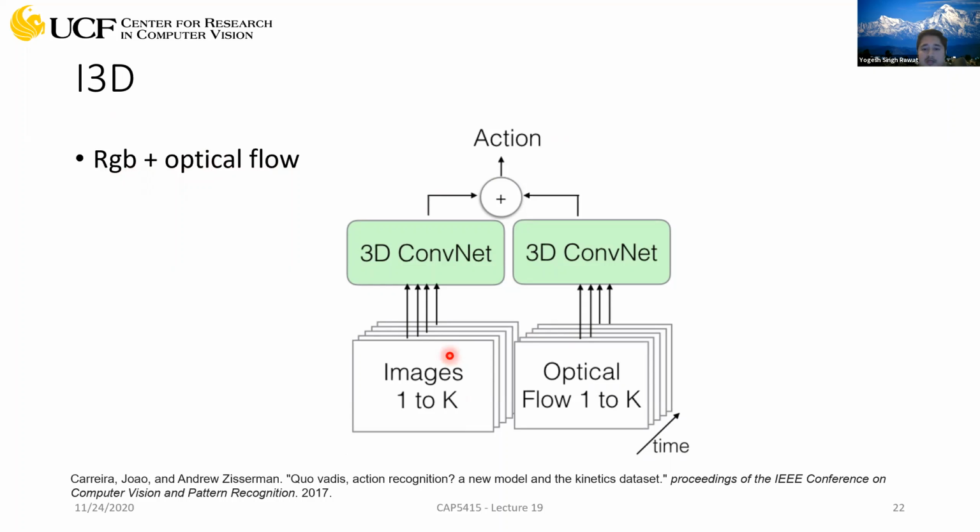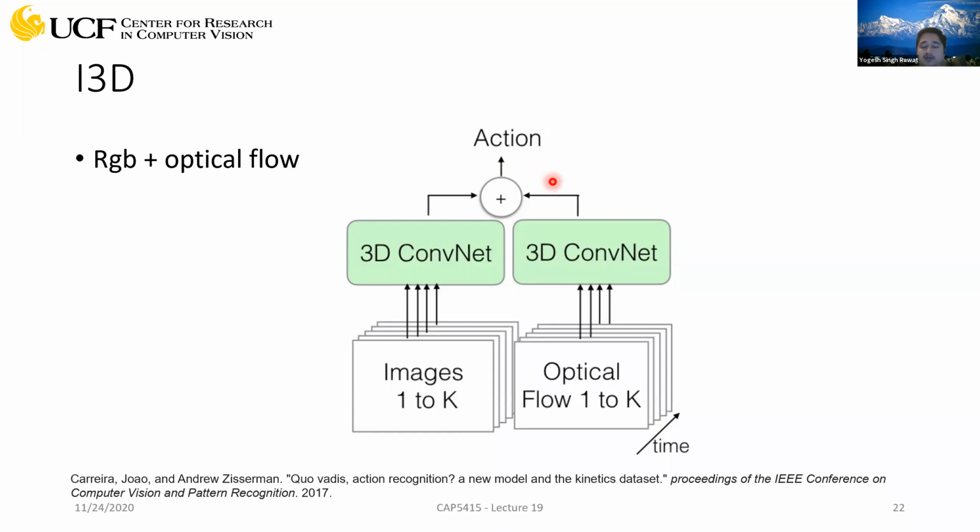And there can be different ways to do that. A simple approach could be you just take a sequence of frames, your RGB frames, and use a 3D convolutional network. This could be your C3D network or I3D network. You make the predictions, and again you compute optical flow from this video. For each pair of frames, you will have some optical flow. So again, you will have a series of frames for this optical flow. That will be your input to the same network. You can train this end to end and make predictions. And at the end, you can average those predictions to refine your results. So that's one simple way.